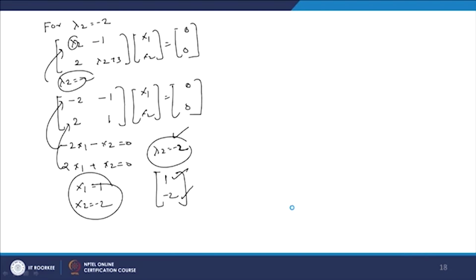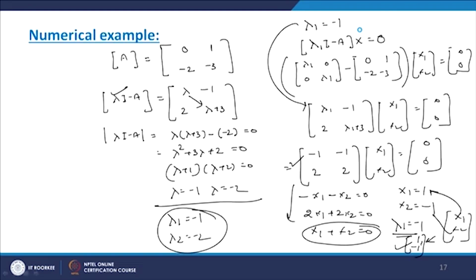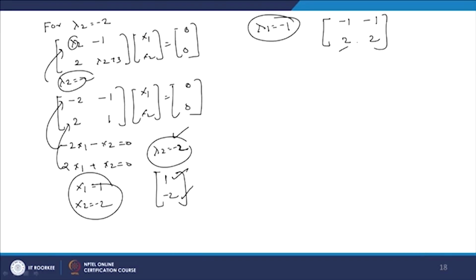So what we are doing here, when lambda 1 equals minus 1, we have got a matrix as minus 1, 2, 2. You just can check it. So minus 1, 2, 2, just you can see here minus 1, 2, 2. Now we want the eigenvector for this one. So what we can do, the eigenvector